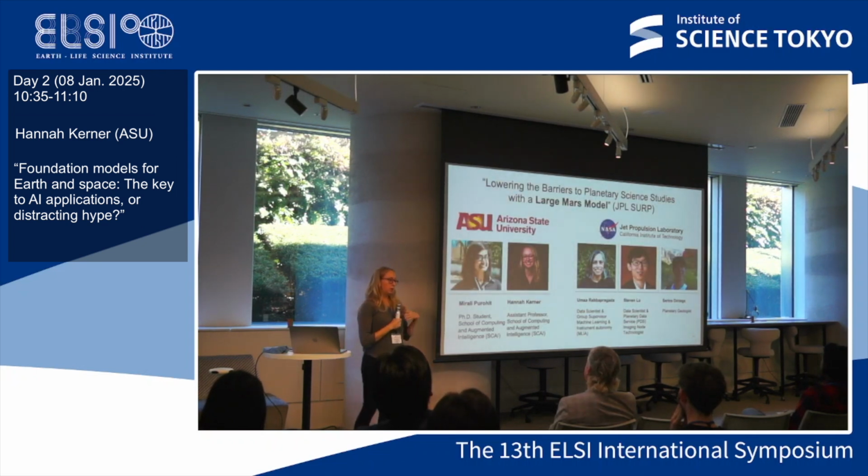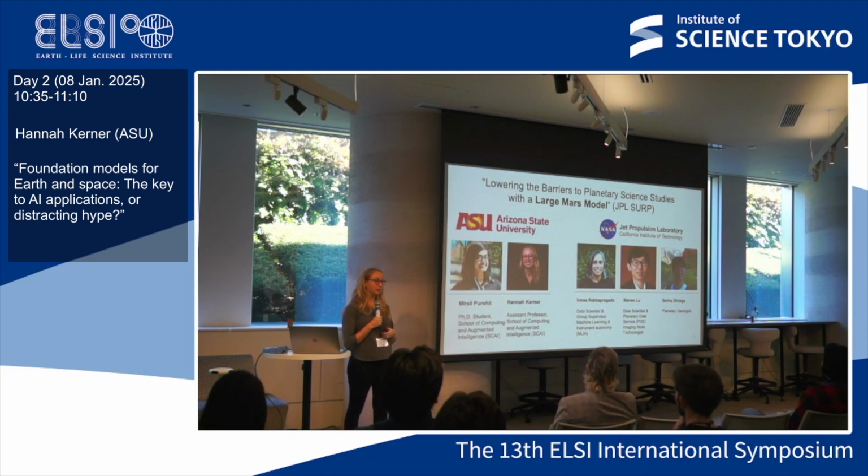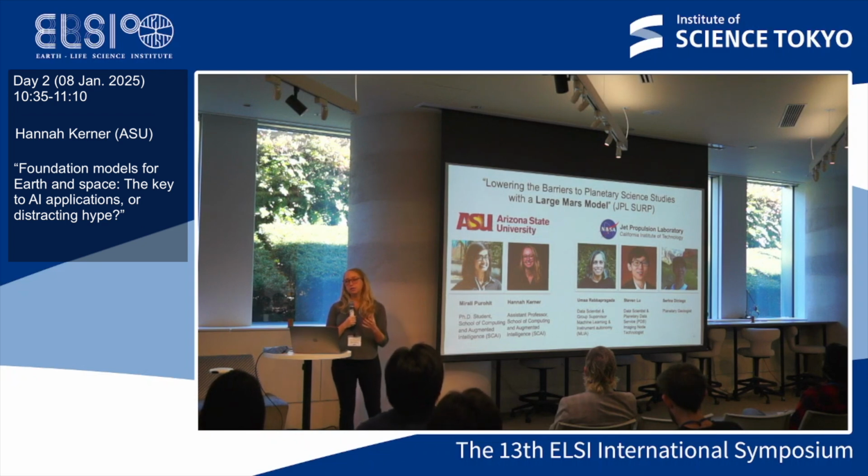So when we were successful in creating a model like this for Earth, of course we wanted to be able to do this for planetary science use cases as well. So for Mars, we don't have as much data as we have on Earth, but we have a lot of data, and we have a lot of planetary scientists who want to be able to make global maps of features that they're interested in, or use these kinds of models for hazard avoidance or terrain navigation, things like that.